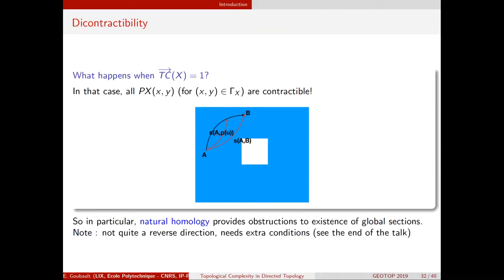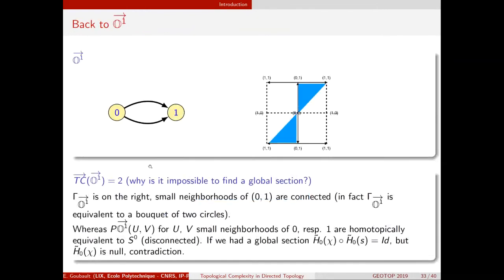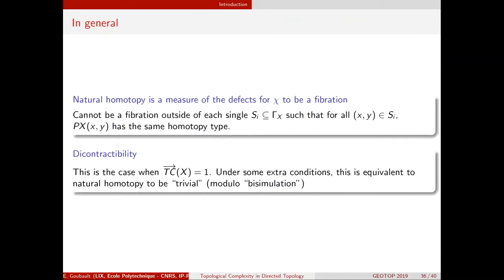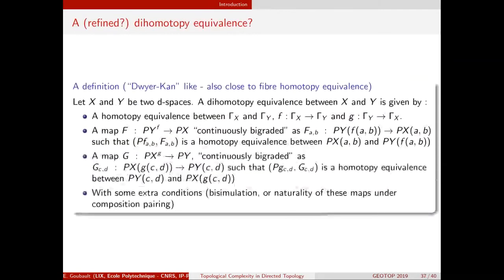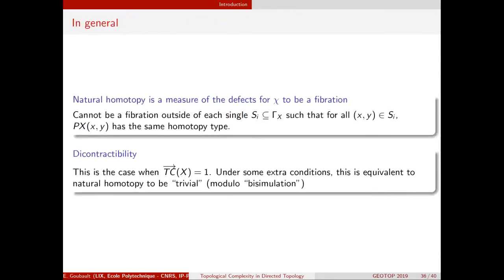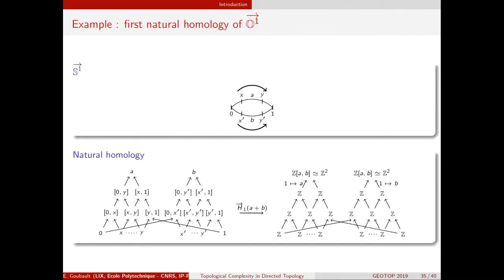Then we have also some links to some homological invariants we have been introducing on directed spaces, which we call natural homology, and which measure the different homotopy types you can find among the directed path spaces on a directed topological space X. So for instance, this is O1 again, two arcs going from 0 to 1, and the different path spaces you might find when you make the endpoints x and y vary can be either a path space which is homotopy equivalent to a point, because you are in the interior of an edge and you basically have one dipath from x to y,